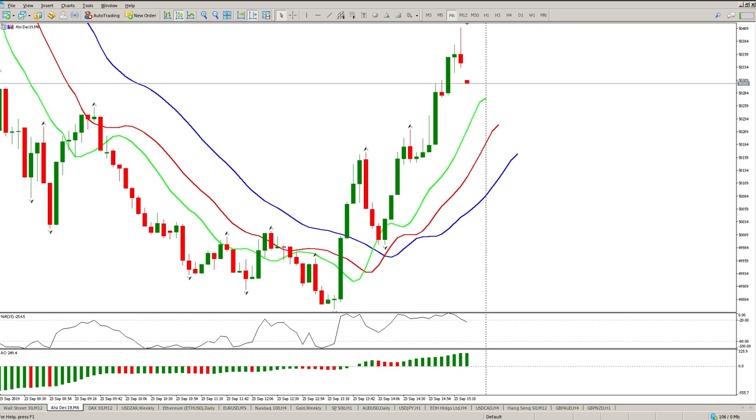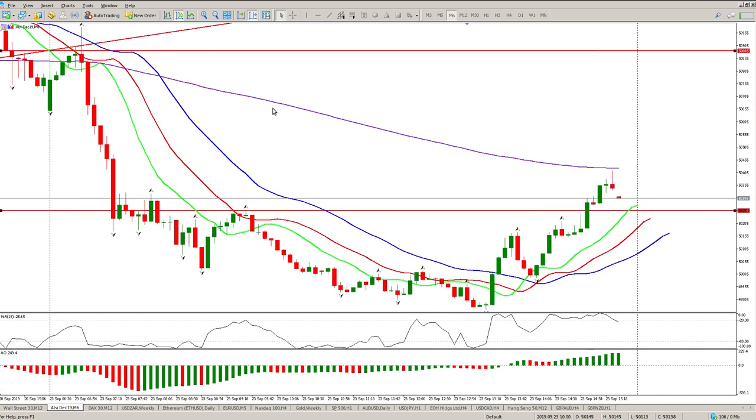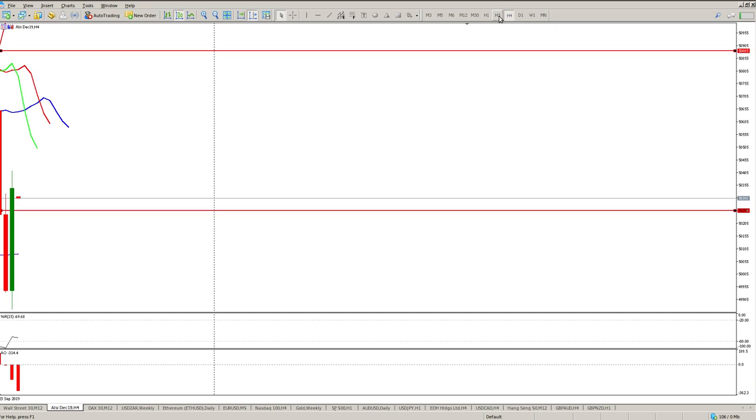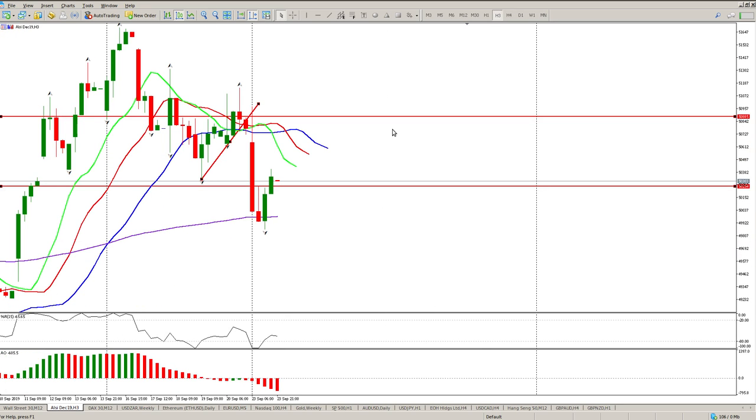So we have had a long weekend in South Africa. So the last 2 days, well, yesterday was a holiday, the day before was pretty much a nothing day. So first thing we want to do is just come back to have a look at what played out on Monday, and you can see we had a break of